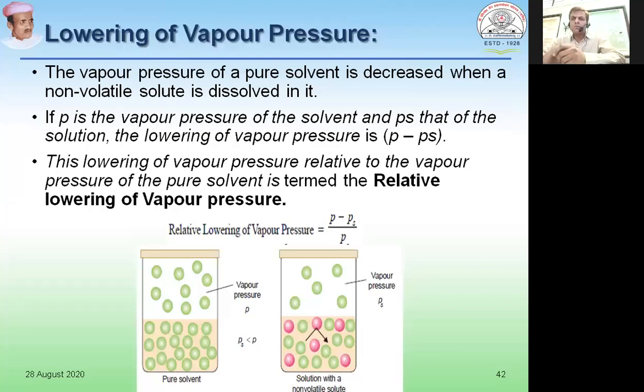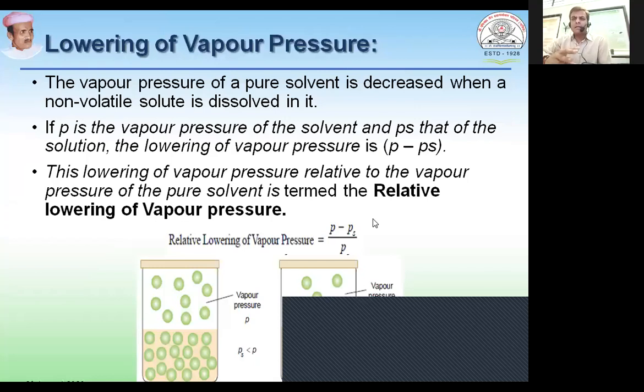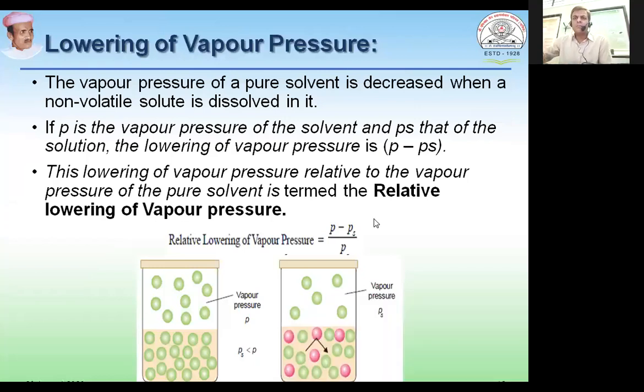The movement of the molecules of the solvent is not being constrained by some other material, but this doesn't happen when the pure solvent is being converted into a solution by addition of some solute. Here solutes are being shown by the pink balls. Somewhere the surface of the solvent is being covered by pink balls. In the left side picture all molecules of the solvent are free to leave, but in the case of solution the number of green balls is decreased because some space or surface is being occupied by the solute molecules, which are shown in pink color.